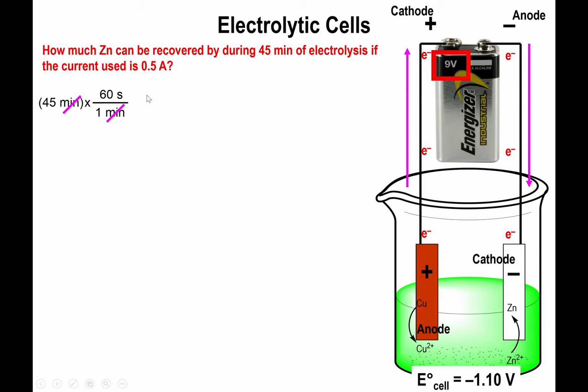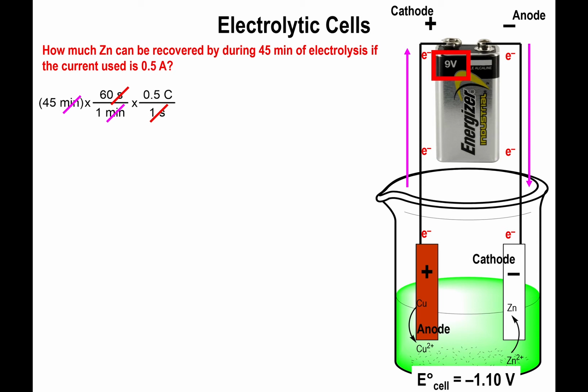Alright, the minutes cancel out. Now that you have seconds, you make use of the current. The current is 0.5 amps, but amps is the same thing as coulombs per second. So you input that as your current, and notice that seconds are on opposite ends of the fraction so that they cancel out. Here is a very specific aspect of this process. Up until this conversion factor, all that we know is the total amount of charge that has been exchanged between the battery